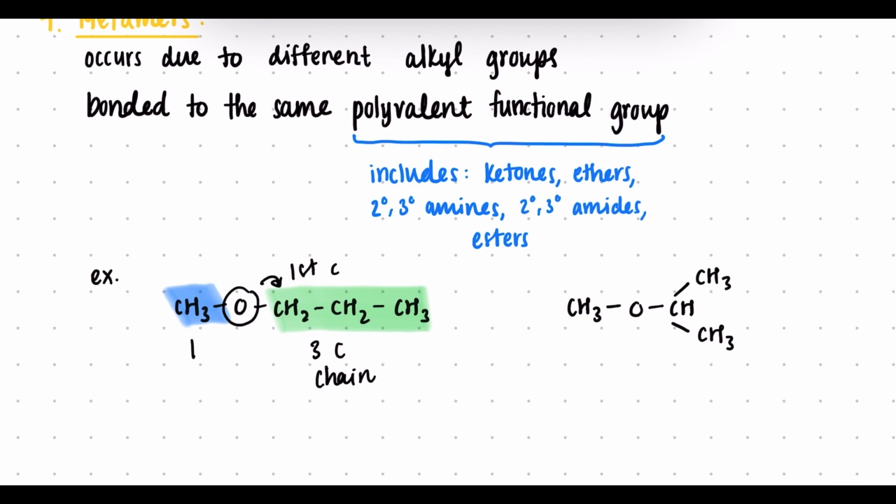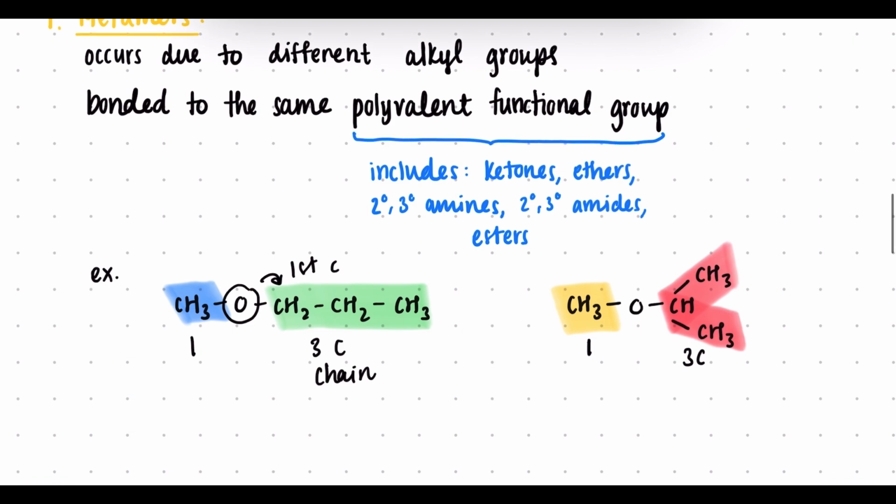Now, in the second compound that we have, a CH3 group, which is the same as the other one. However, on the other side, we've got this group. So here's only 1 carbon. On this side, there are 3 carbons. However, it's still a chain, but the ester group is attached to the second carbon. So this is a different alkyl group compared to this. These two right here, the red and the green alkyl groups, are different, due to which we